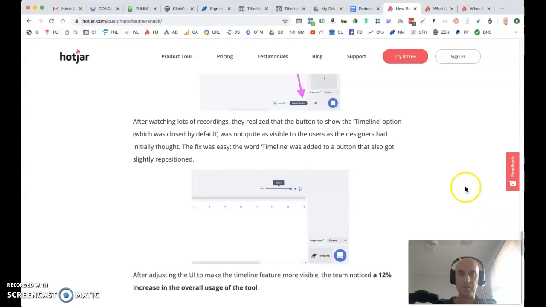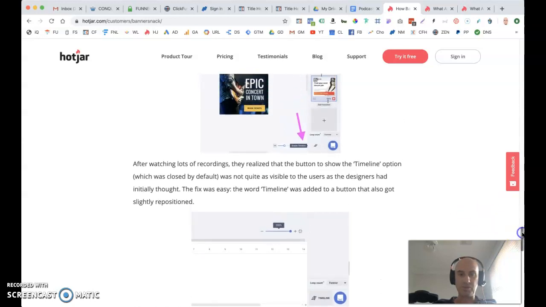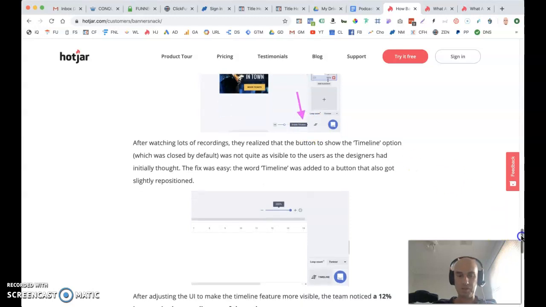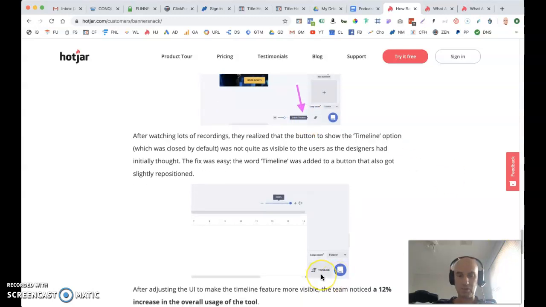So looking at the initial version, it's just a very small, I guess you could call that a button, enable timeline, and it wasn't really prominent. Then what they did was they changed it so that the timeline was a much larger button and it was a lot easier to see and it looked more clickable. And